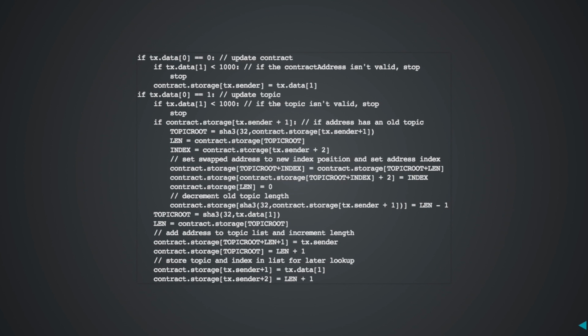And then we basically replace our slot in that address list under that old topic with the very last element of that list, and that's just a really easy way of pulling our name out of that list, without having to pull our name out and then scrunch everyone else back up. So we're basically just taking the last guy and putting him in our slot to remove our name from that old topic. And then we decrement the length by 1,